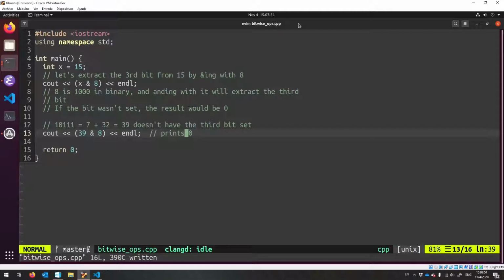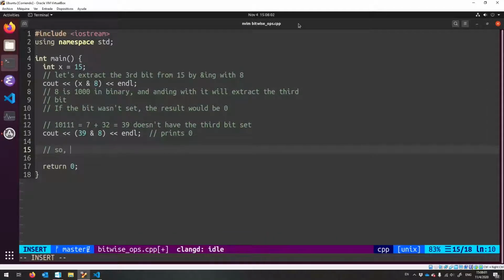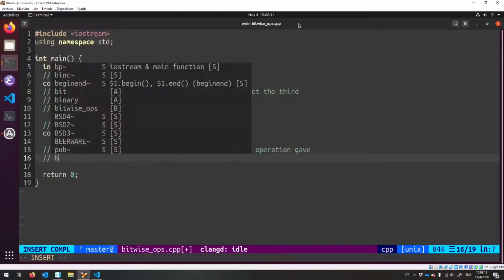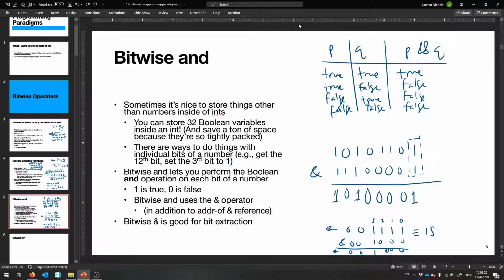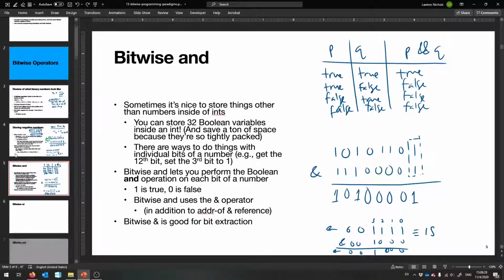That's the idea. So that's how you can tell if a certain bit is set, whether or not it gives a non-zero number back to you. Okay, so to figure out if a bit was set, check if the AND operation gave back a non-zero number. I think you know a few ways to do that now. Okay, so that's the AND operation, bitwise AND, and the rest are going to go very fast now because you